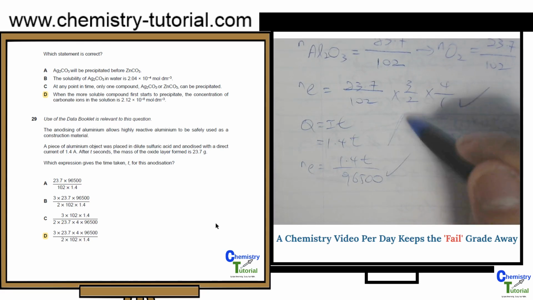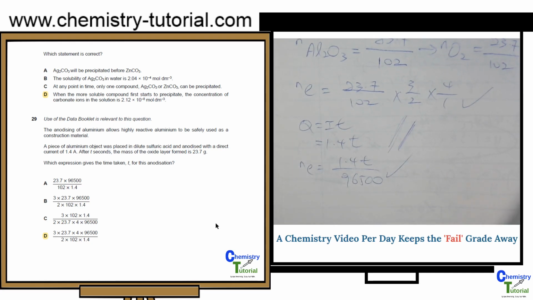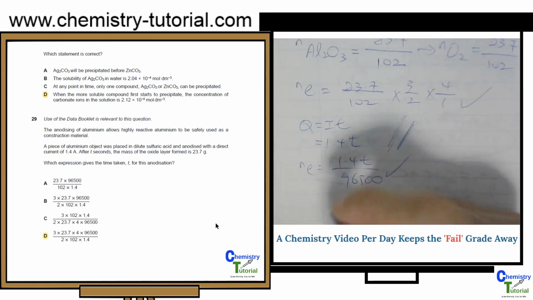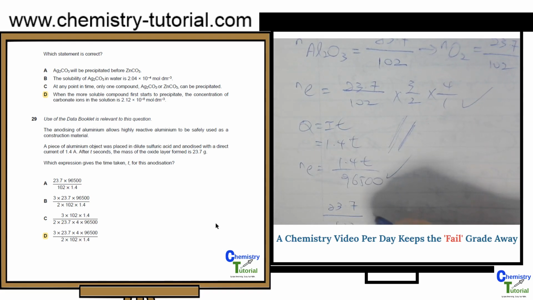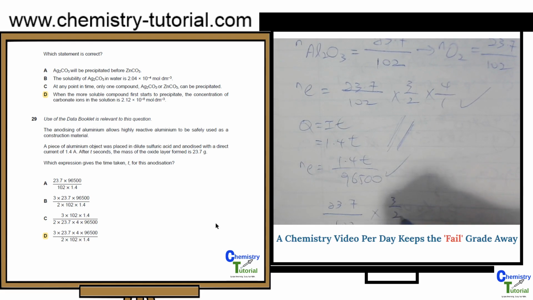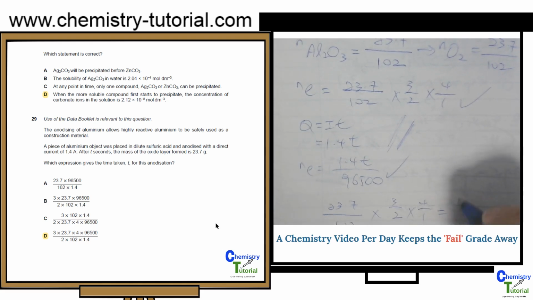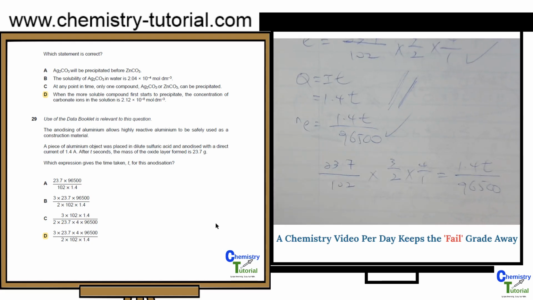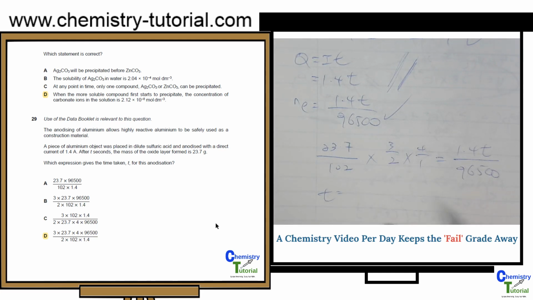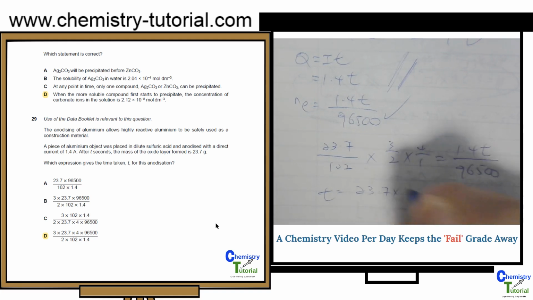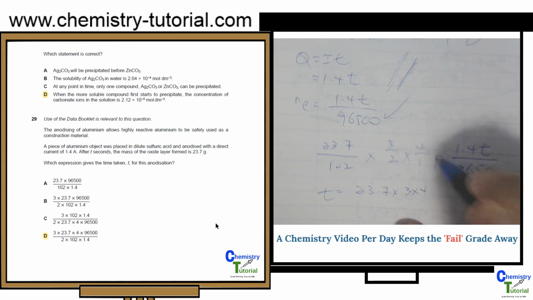96500. Now we can link these two expressions together, which is just 23.7 over 102 times 3 over 2 times 4 over 1 is equals to 1.4 T over 96500. Okay, so make T your subject. So bring everything up. All you need to do is just keep all this the same. Notice that we just keep 23.7 times 3 times 4, but you bring your